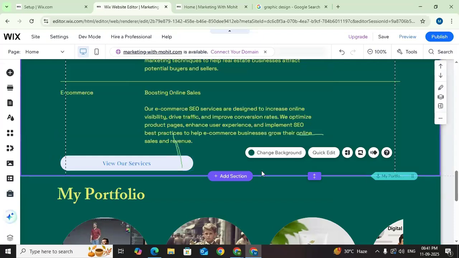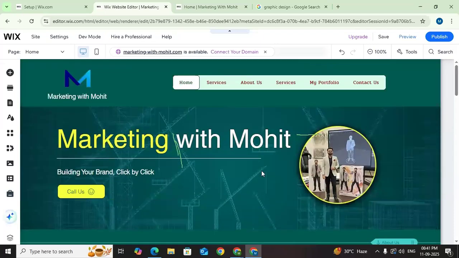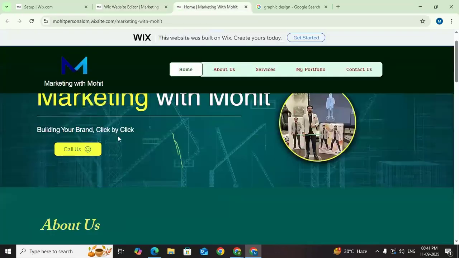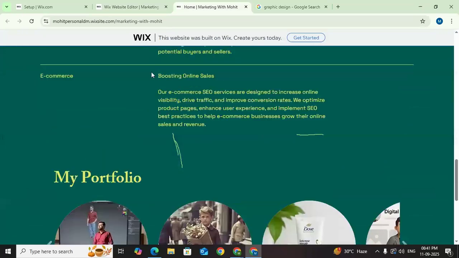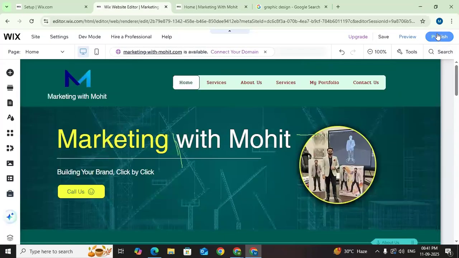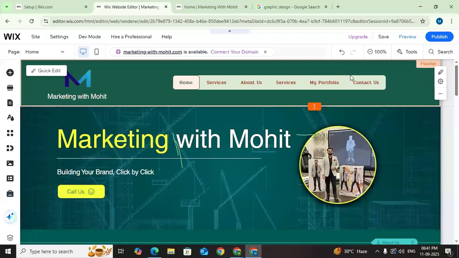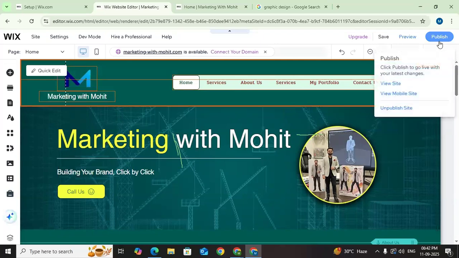Done. The pages we have created as well here, but as you can see here on the website, it's not here because we haven't published it again. So you need to publish, means after publishing you can do any of the changes on your website, but you need to publish that again as well. Just click on publish,